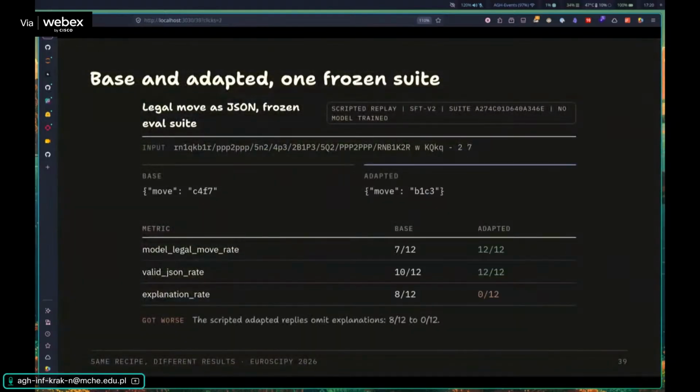So it will be kind of like this. You have a base and an adapted model, one frozen. So you have legal moves. They come in as JSON. So you have the input here, the JSON. So you have the base, and then you have the adapted model. So the base might still give you,